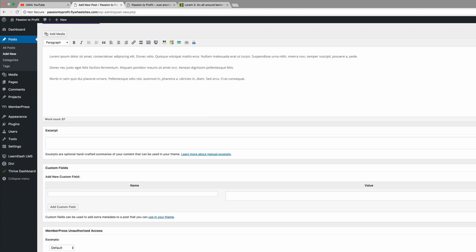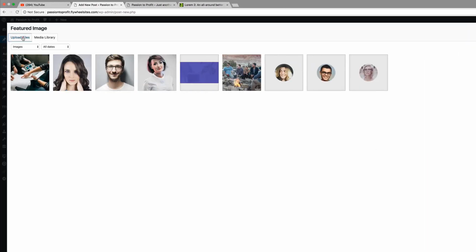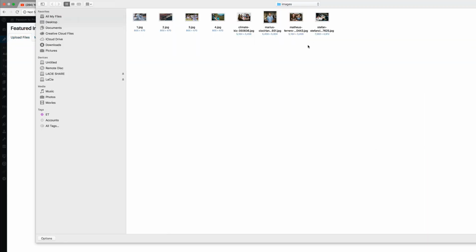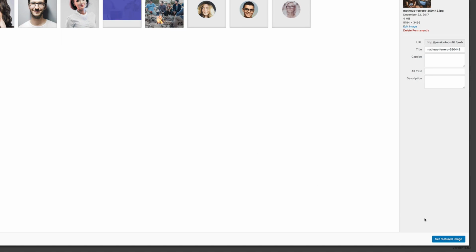Paste my text. I'm going to come over here to my featured images, upload files, and then I'm going to select my image. Now, one good place to go and download your images is from a website called Unsplash. So I will go and download one more image from there so I can show you where to get beautiful images. Because one of the most important things when it comes to design is to make sure that you have beautiful images. So I'm just going to go to